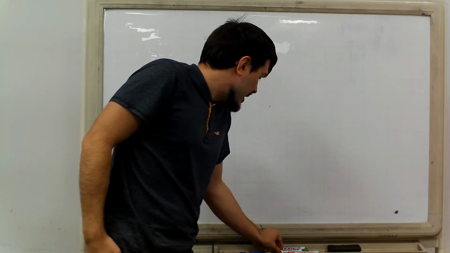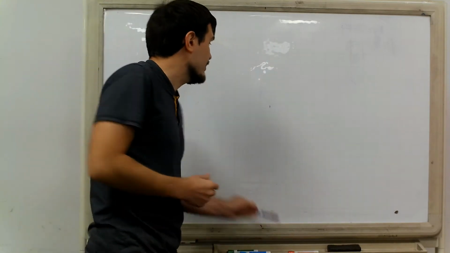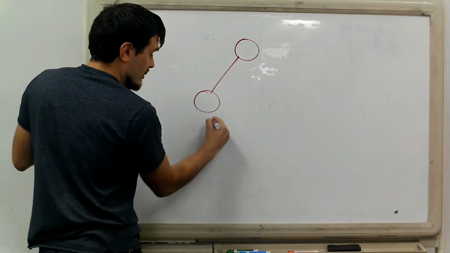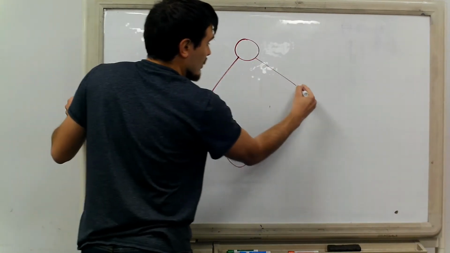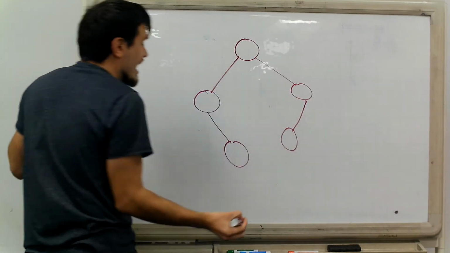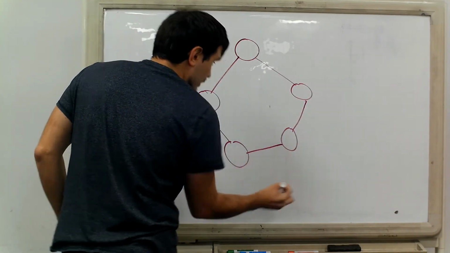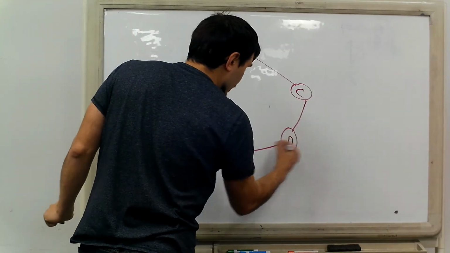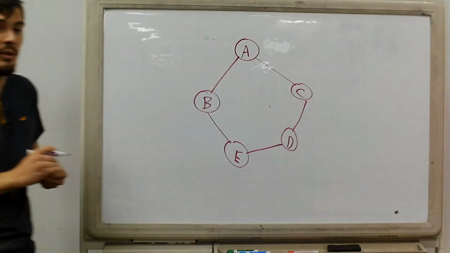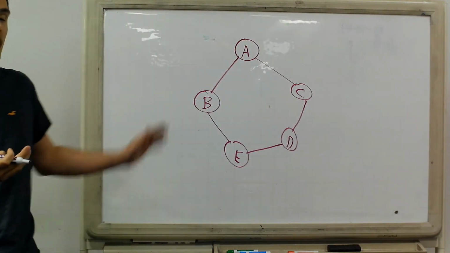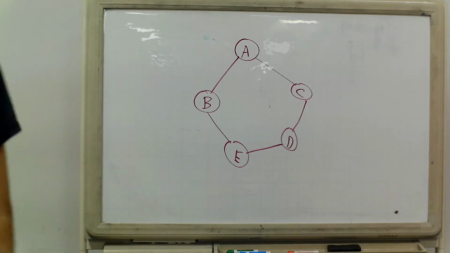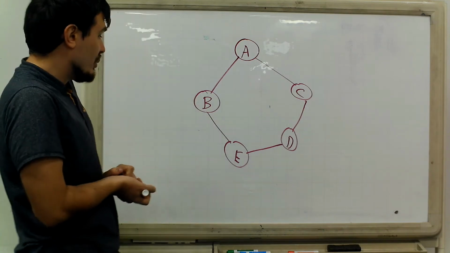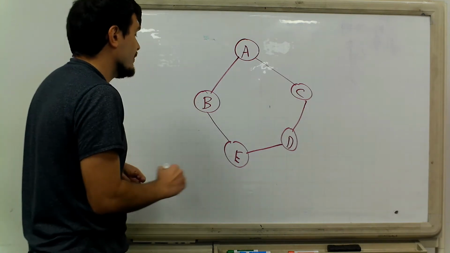First of all, the nature of the problem is that we have some kind of graph. Let's just pick some abstract looking graph, and we have some nodes. This is the unweighted case where we're not going to put any weights on these. We're just going to keep it simple. Essentially, every weight is 1. And we want to find the shortest path from one place to another. So, for example,